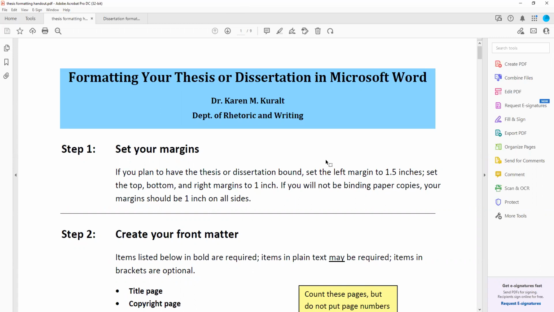To do this, I'm going to actually show you a sample document, which we will again share with you in Microsoft Word. Now, you are not required to use Microsoft Word for your thesis manuscript, but you are still required, regardless of what you use, to follow these guidelines. So yes, you can do it in Google Docs. You're still going to have to output it to a PDF, no matter what you use. So you use whatever software you want.